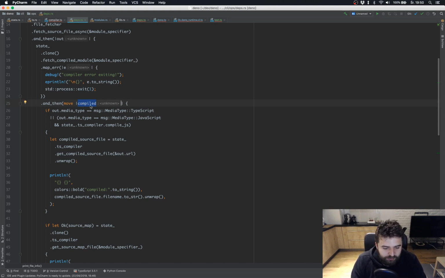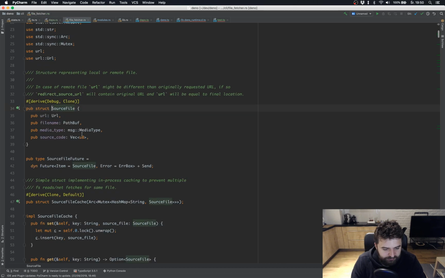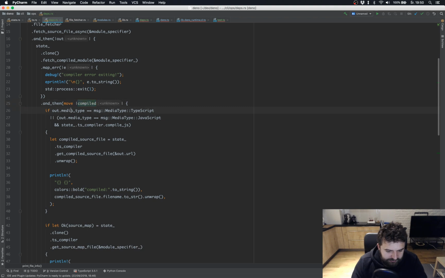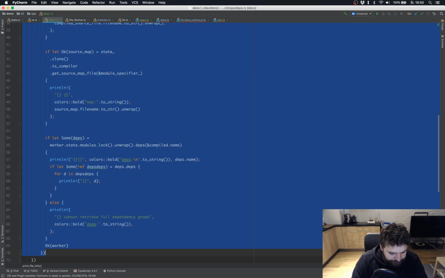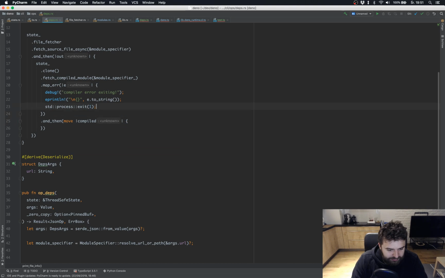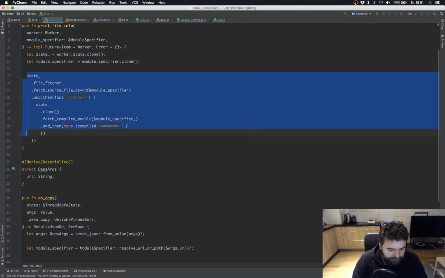so this is a so-called source file structure. Yeah, file fetcher, it has URL, so the URL you use to load the module. File name, yeah, I think this is the file name for cached version, or just the same file name as URL for local files. Media type and the actual source code. Yeah, so this compiled is what we're interested in. So this is, yeah, map error, this is not, and we have compiled. Yeah, so